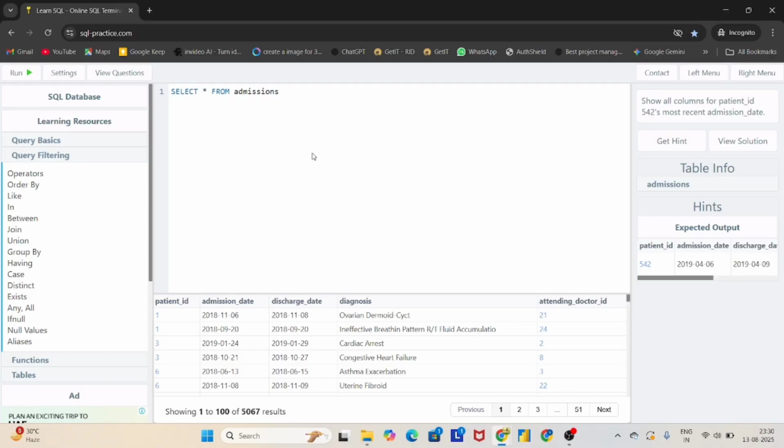So we have to use WHERE patient ID is equal to 542 and ORDER BY admission date descending order. Descending order means recent to oldest,